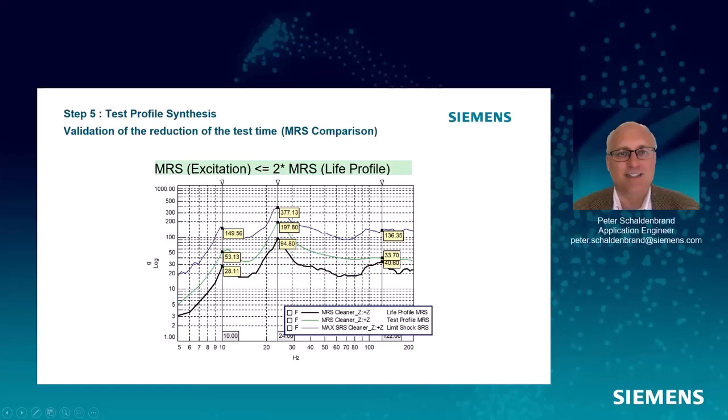So in this case, I tried to do a one-shift test, an 8-hour test from 440 hours. I'd probably, instead of doing that 8-hour test, do a 44-hour test. Now notice that this doesn't have a constant value between them. Notice when I get over here, the ratio is a lot closer. This is the difference between calculating the MRS with time data and calculating the MRS with a PSD.